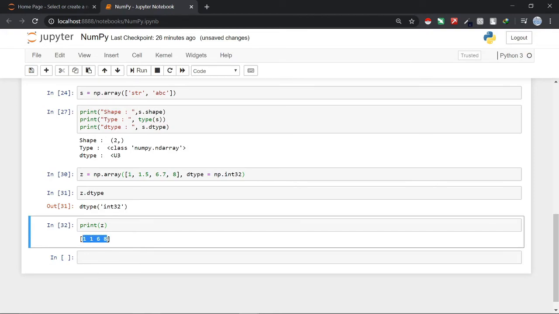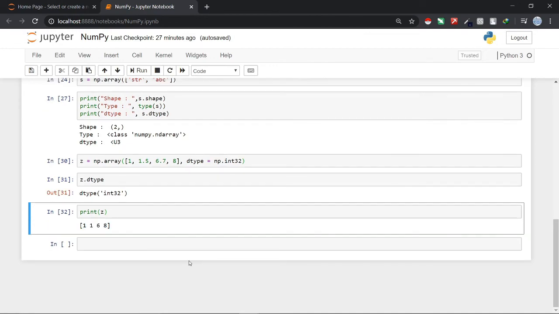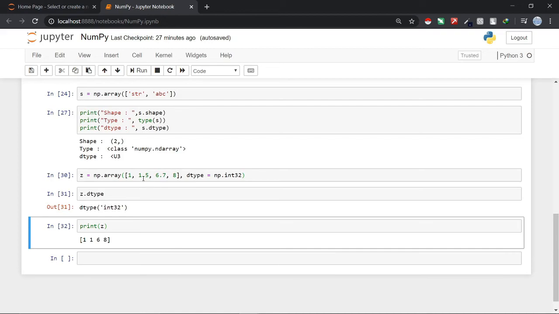So it's another feature of NumPy: if we want NumPy not to change the data type of the elements itself, and we want all the elements to be of a specific data type, then we can use this dtype keyword. So that's how we create an array in NumPy, and it is recommended that whenever we create an array in NumPy, it must be of a single data type. It means that it must be either of float data type or of integer data type.